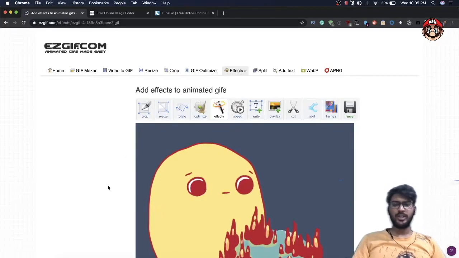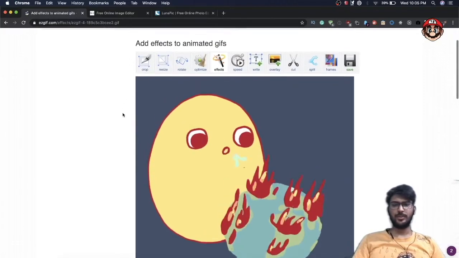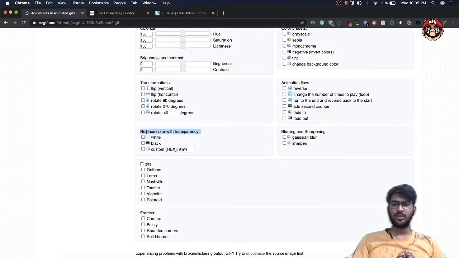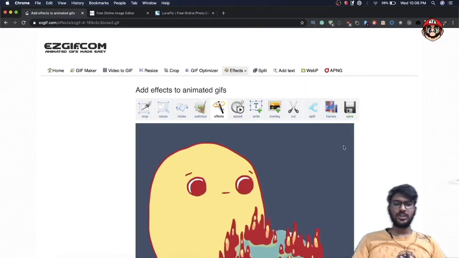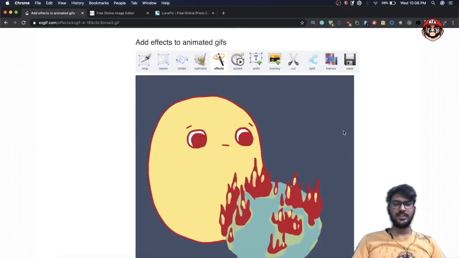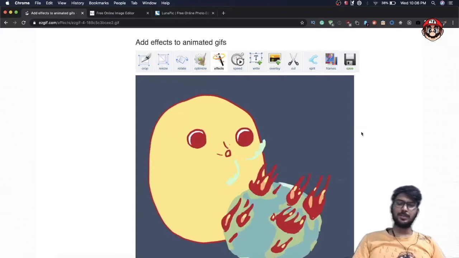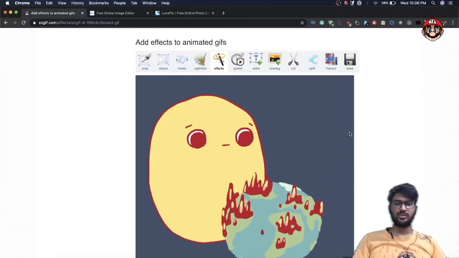After uploading, it will show you a preview of your image or GIF. After that, you go to the option "replace color with transparency". If you know the hex code of your background, like if it is plain white, then FFFFFF. If it is black, then 000000.